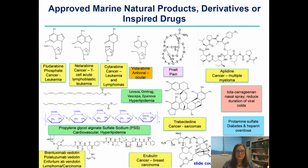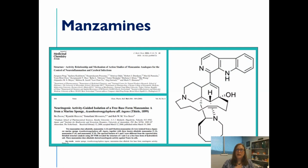Prialt is a potent conotoxin from the cone snail that has been very effective in treating severe pain from cancer and other things. Also, the tetrodotoxin from a pufferfish, halneuron, is currently in phase 3 clinical trials. So there are a lot of options, even for neuroscience drug design, that occur in some of these marine natural products. So the class of marine natural products that I'm interested in right now, or the family, is called the